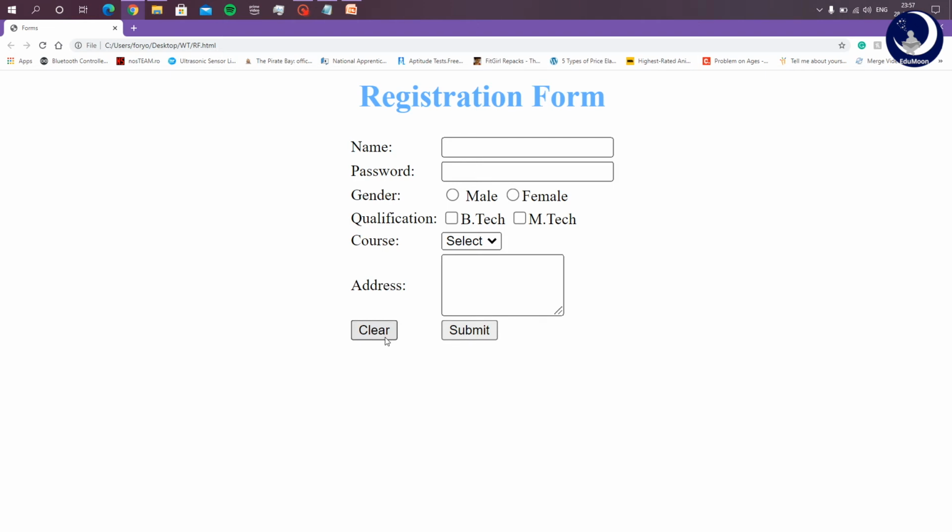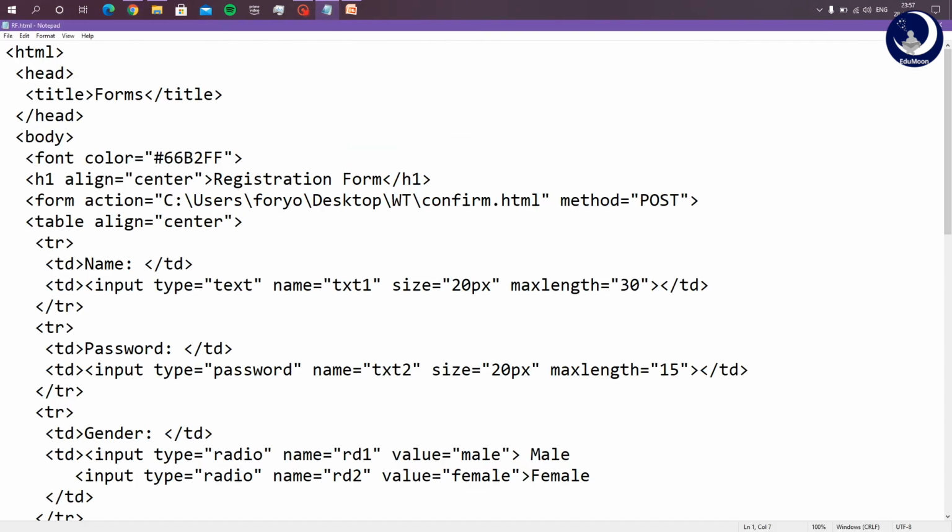Next, clear. This is a button which is set by using a reset button, and when I click on it, it should reset all the data I have entered so far. When I click on submit, it should go to the page I have set in the action field.